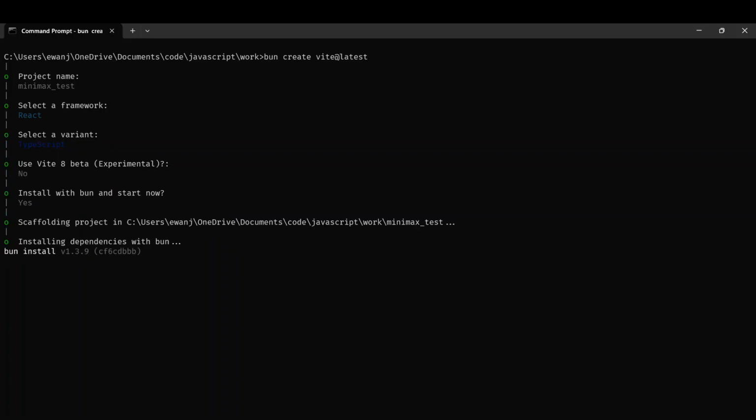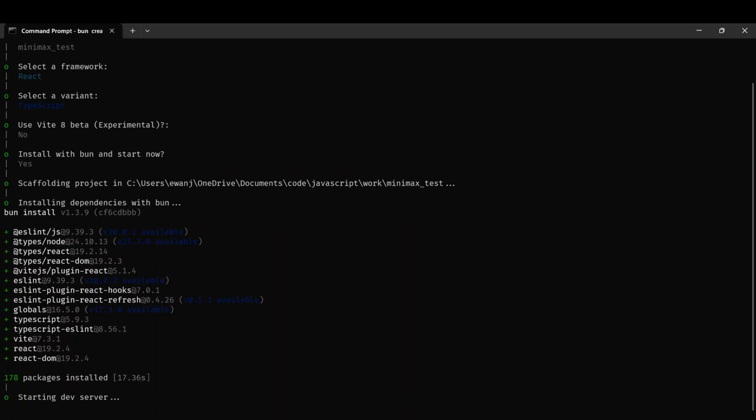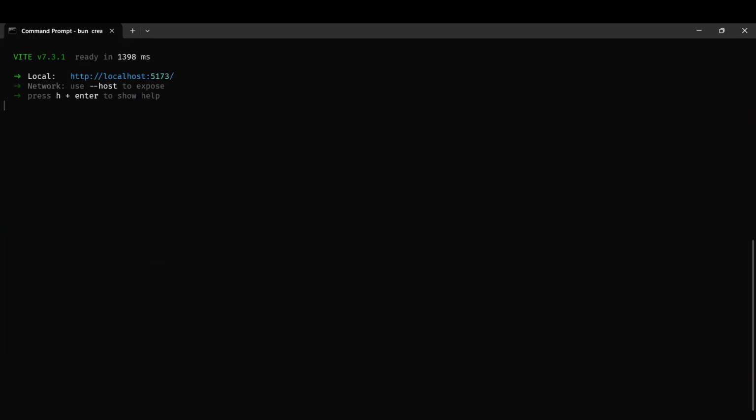Just gonna use TypeScript, simple, and just wait for everything to download. Shouldn't take long. And yeah, so now that we have it,